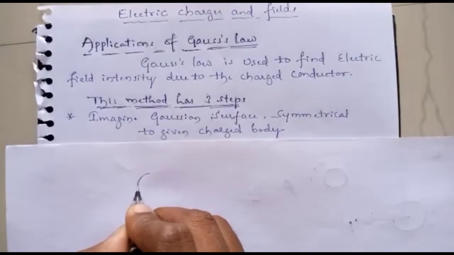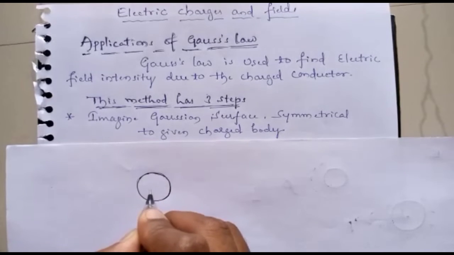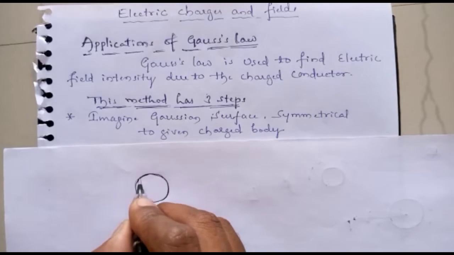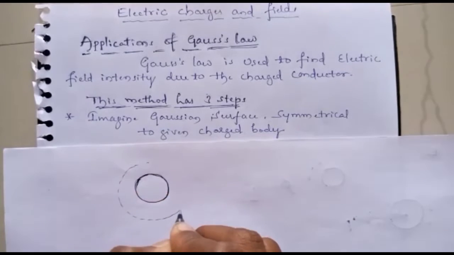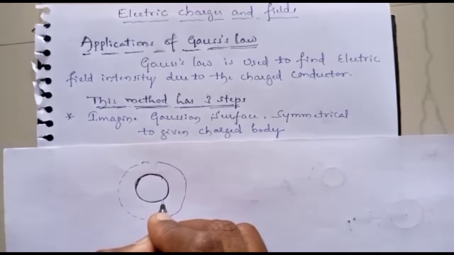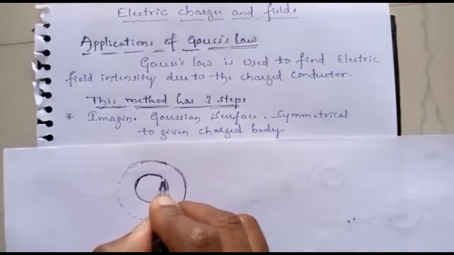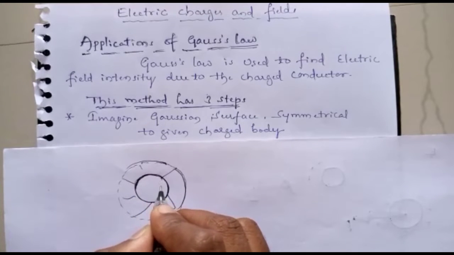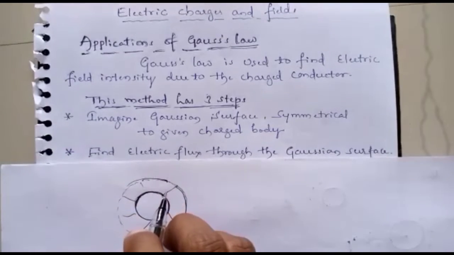Means if you imagine or just take a spherical conductor. Due to this spherical conductor, if you want to calculate the electric field intensity, by using the first step, we have to imagine a Gaussian surface around this spherical shell that must be symmetrical to this body. Symmetrical means this imagined surface must be equidistant from this spherical shell. This is the first step, and the second step is finding the electric flux through the